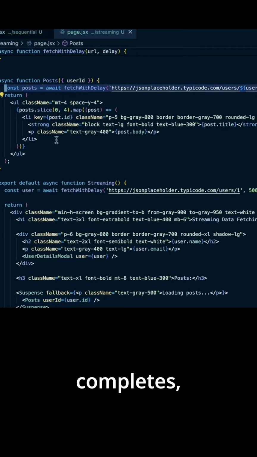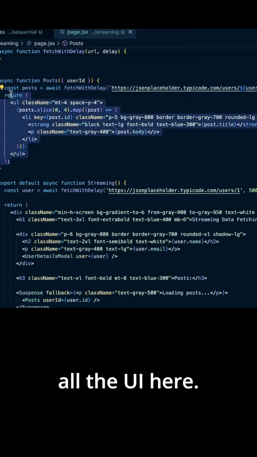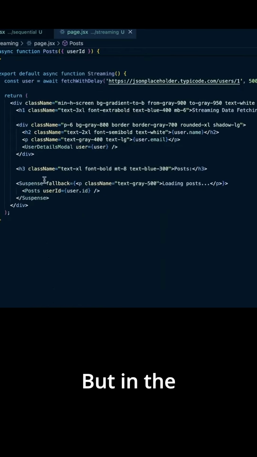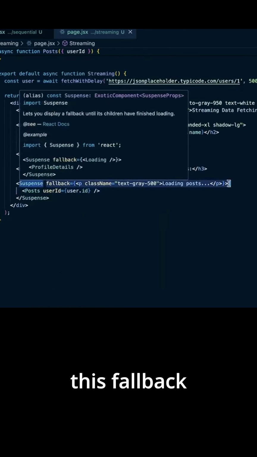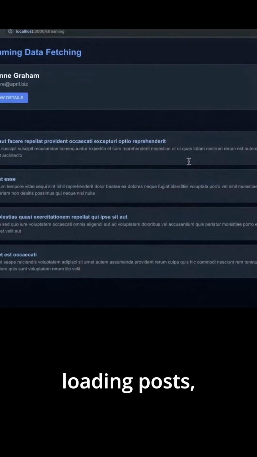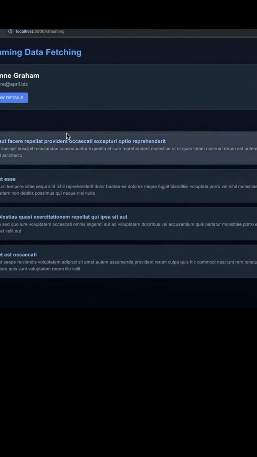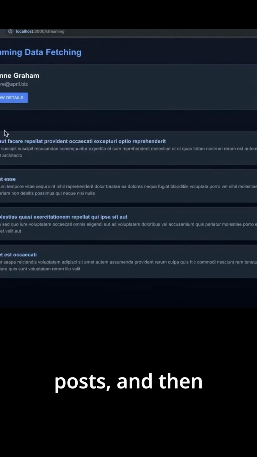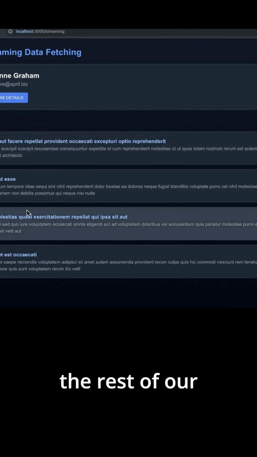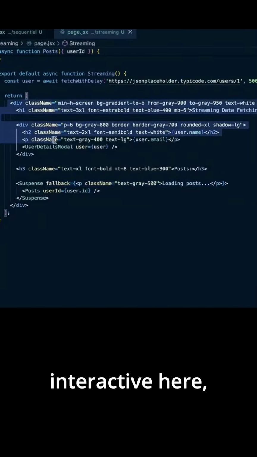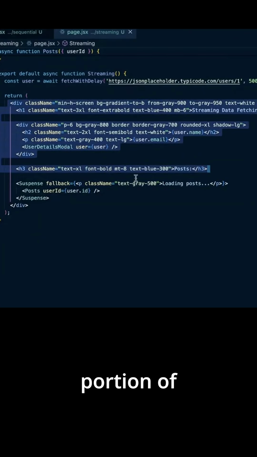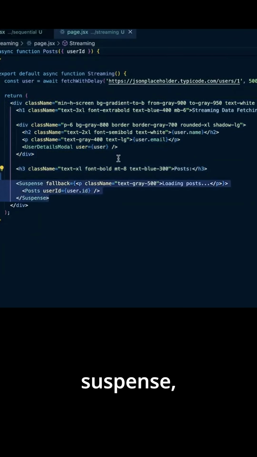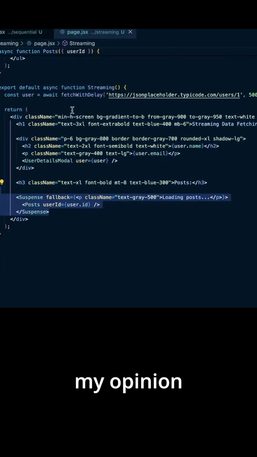And when that request completes, it will return all the UI here. But in the meantime, we're going to show this fallback component of loading posts, which is why you see in our streaming here, we see loading posts, and then that is rendered in. But in the meantime, the rest of our page is still going to be interactive here, kind of the top portion of this page that isn't wrapped in the Suspense,